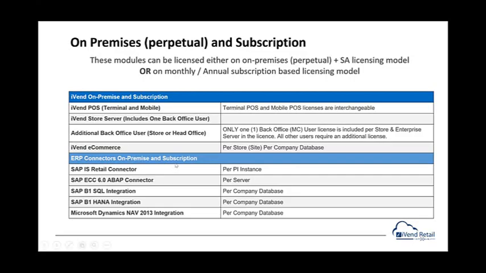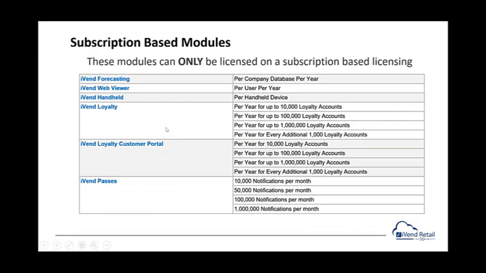So let's move on to the next one, where we only talk about the subscription-based modules. So these are modules which can only be licensed in a subscription-based licensing model. So these are iVend forecasting, which is per company database per year. iVend web viewer is per user per year. iVend handheld is for every handheld device. iVend loyalty,